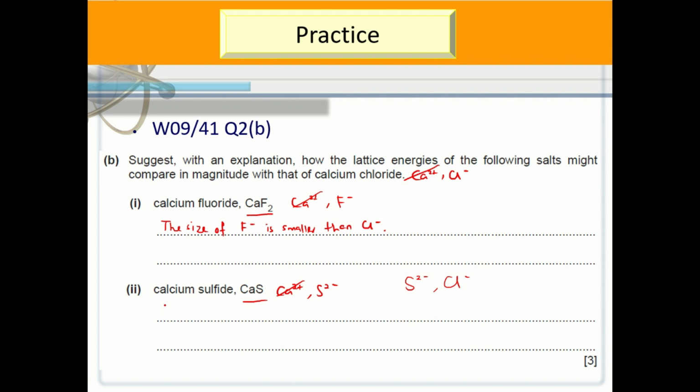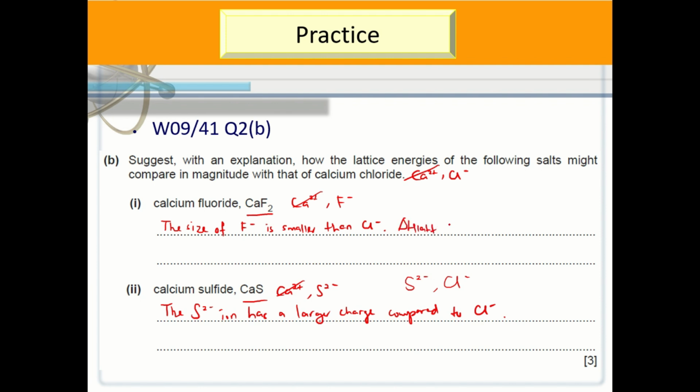So in this case, the explanation will be the sulfide ion has a larger charge compared to chloride ion. Now, after comparing the size and the charge of these anions, we can suggest how the lattice energy of calcium fluoride and calcium sulfide is different from that of calcium chloride. The size of fluoride ion is smaller than chloride ion, so the lattice energy